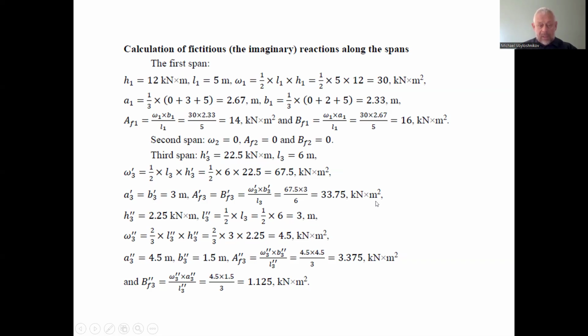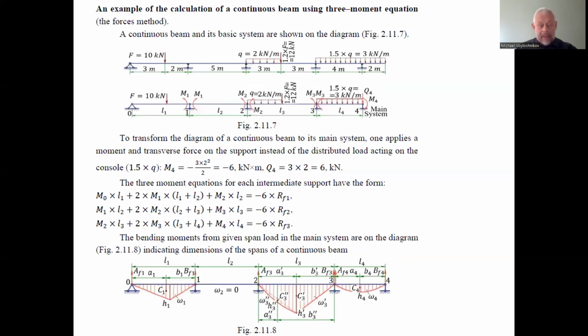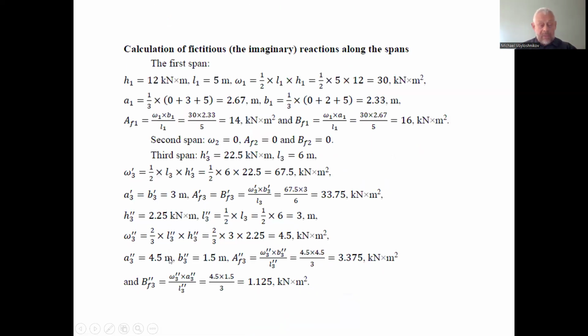multiplied by square meter. Next, we consider the parabolic segment caused by the distributed load on the left half of the third span of the assigned continuous beam, considering a single span beam between the second and third supports, separated from other beams by the hinges installed on the supports. And we can find that the area omega 3 two strokes